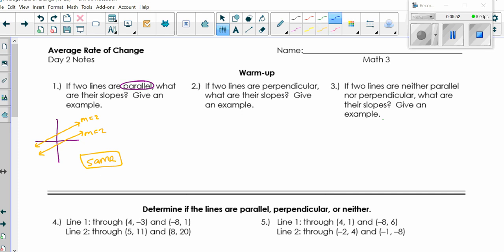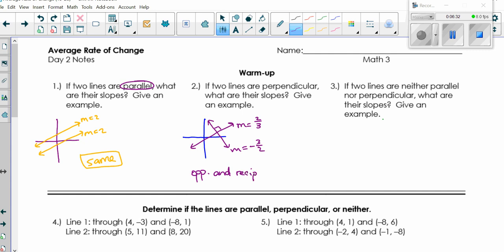Okay. If two lines are perpendicular, what are their slopes? Perpendicular means that I would have something that looks like, let's say I have a line here. Perpendicular would mean that it would hit here such that when they intersect, it makes a 90-degree angle. So if this line had a slope of, let's say, positive 2/3, this one would have to have a slope that is the opposite and reciprocal. So I'm going to say opposite